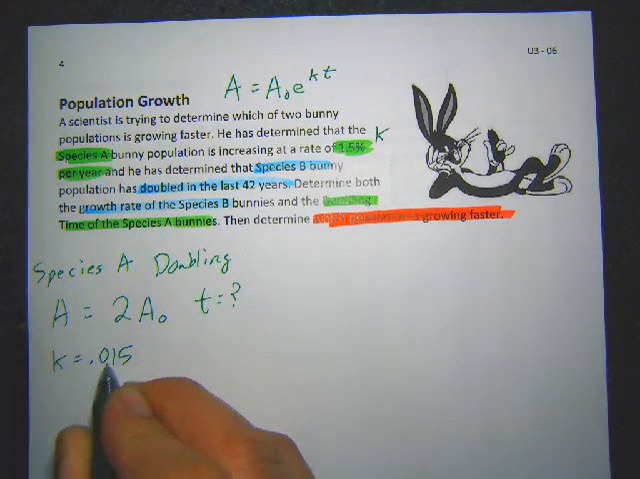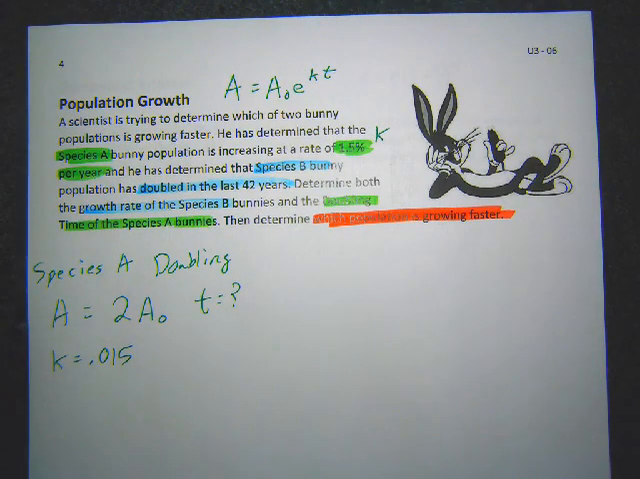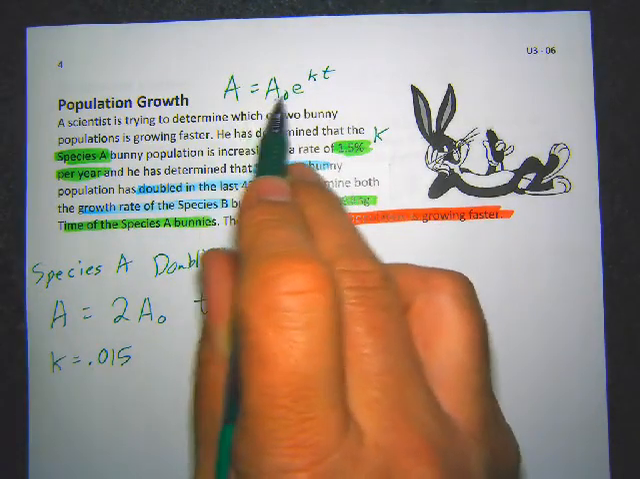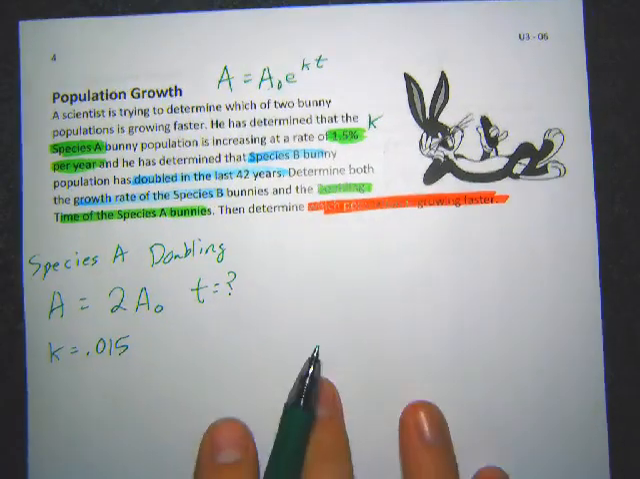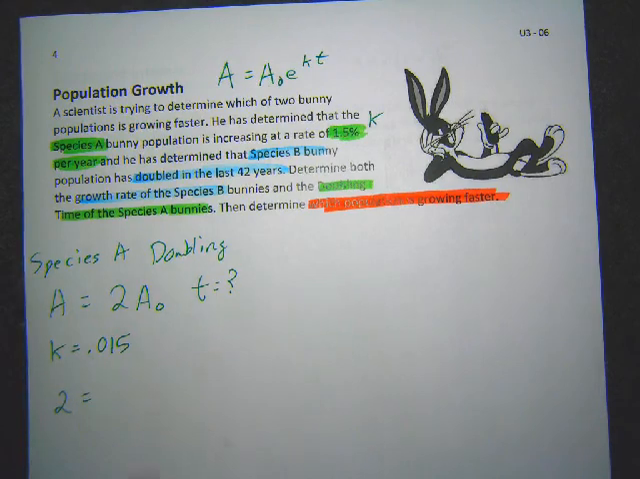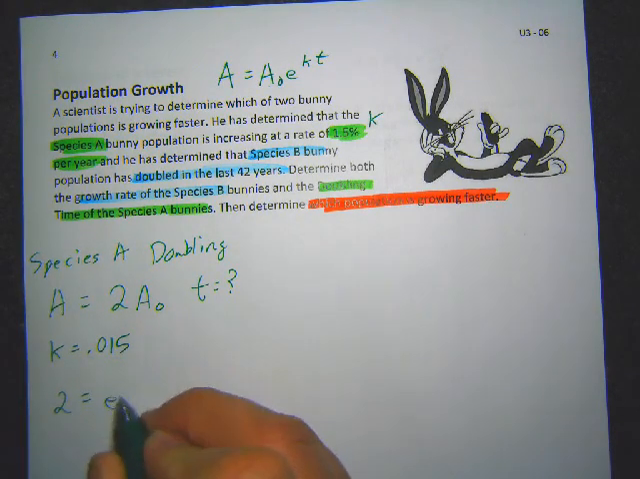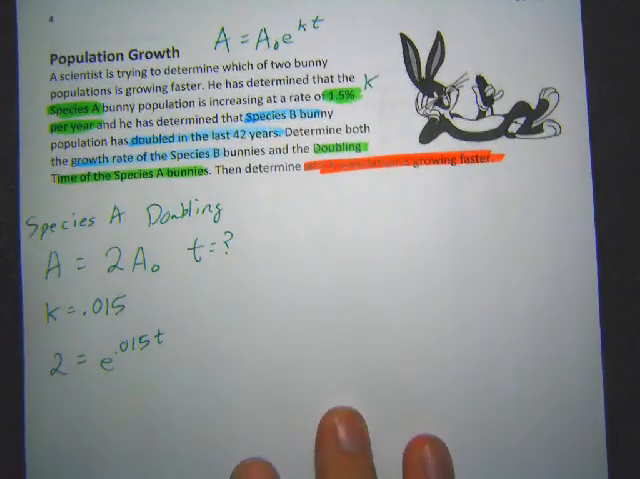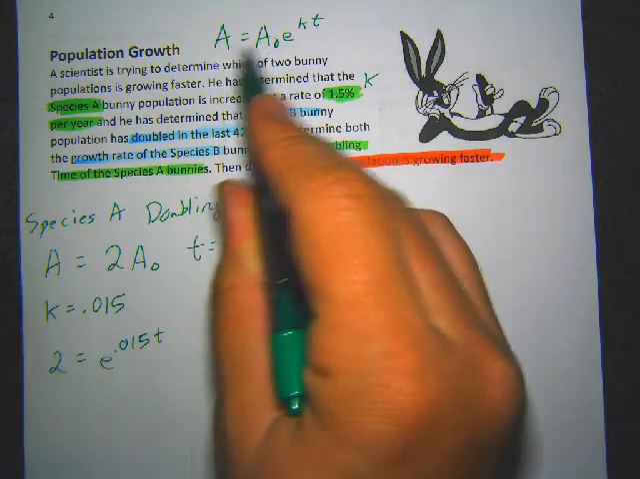So I move that decimal 2 spots. That's our growth rate. So each year it's going to grow 1.5%. And so we're going to plug this in for k. And we know that this a and a sub 0 is just going to give us that doubling thing. So we can write the equation as 2 equals, for the doubling, e to the k, which is 0.015, times t. So again, when you're doubling, you don't have to worry about writing the a and a sub 0 because